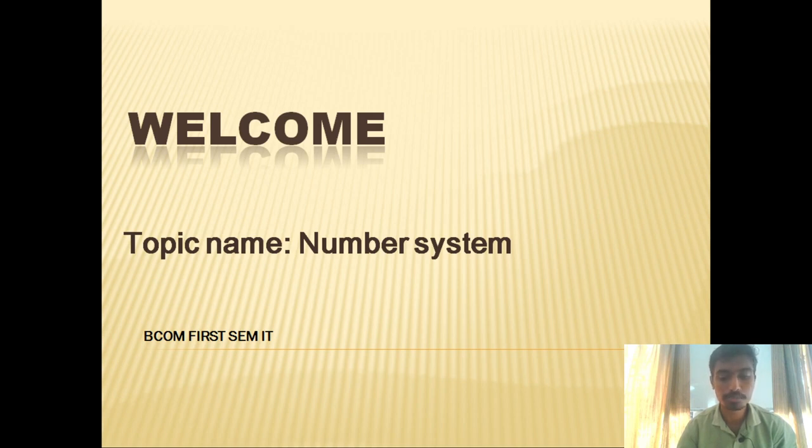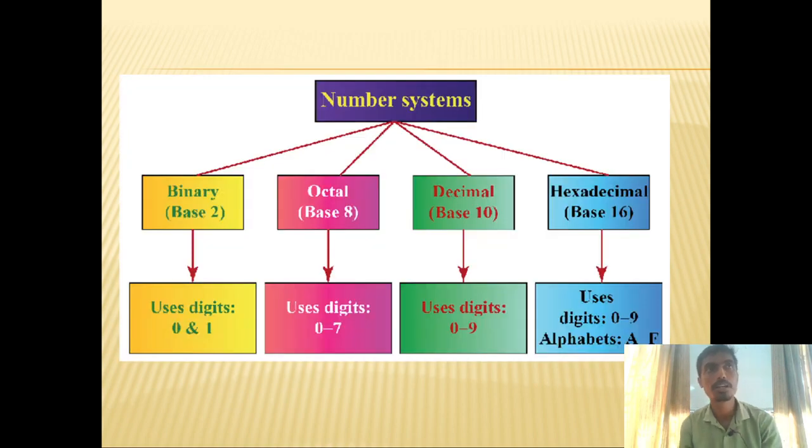Number system is like a language in the computer. In business applications, these are the languages used in the computer. So firstly, let us see what a number system is. The number system is broadly divided into four types: binary number system, octal number system, decimal number system, and hexadecimal number system. Binary number system is represented by using only two digits, that is 0 and 1.